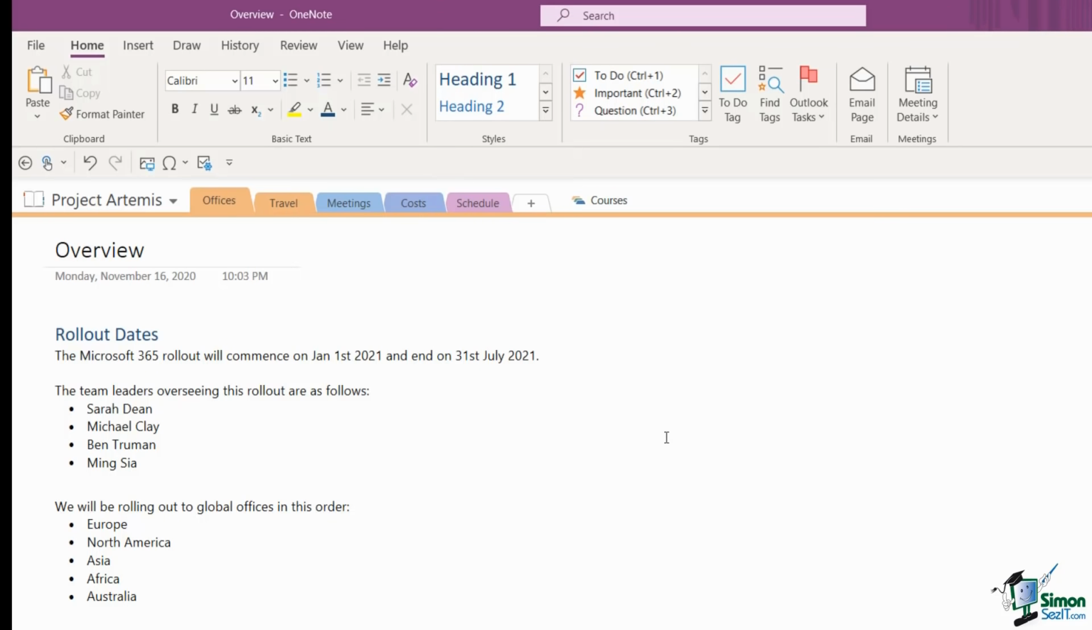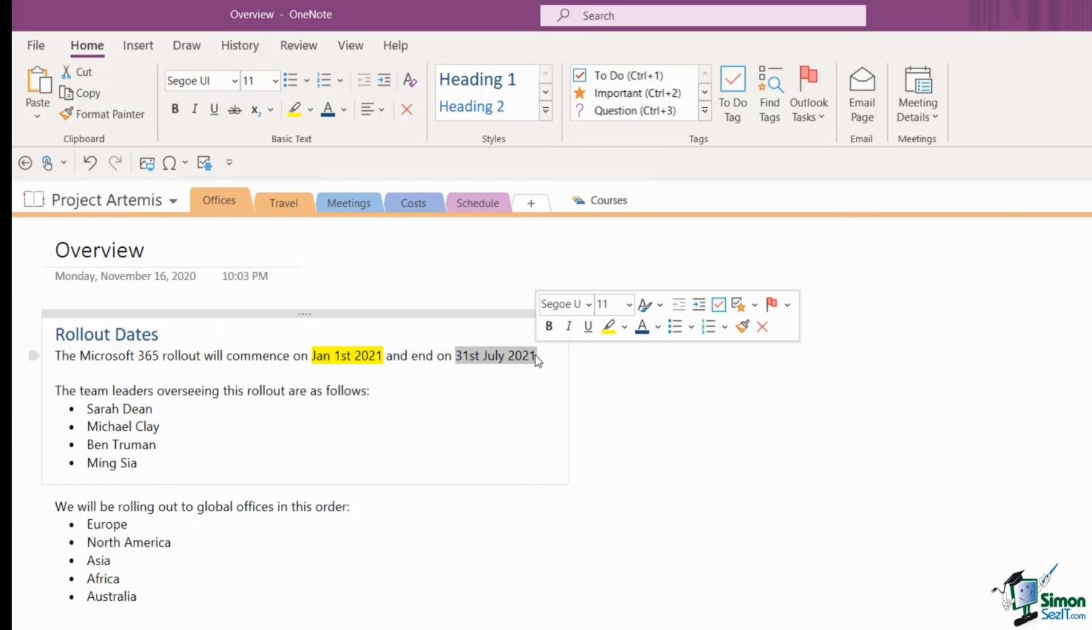Now the final thing I'm going to do in my text notes is I'm just going to highlight the dates that this rollout is going to start and end, just so it's super clear to everybody who is looking at this notebook. So I'm going to highlight January the 1st, 2021, and I'm actually going to apply some highlighting, like so. Now I want to apply the same highlighting to the 31st of July 2021, so I could repeat